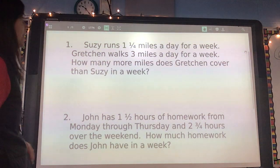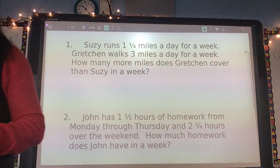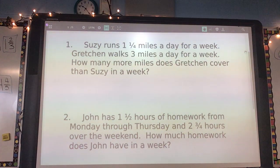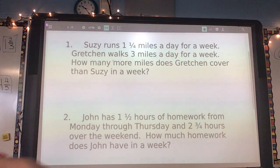And we are working with our favorite story problems. Woo! We love them. We do. We love them because we love the challenge and we are smart and we are capable. All right, in your math notebook, we're going to do some together and then you are going to have some